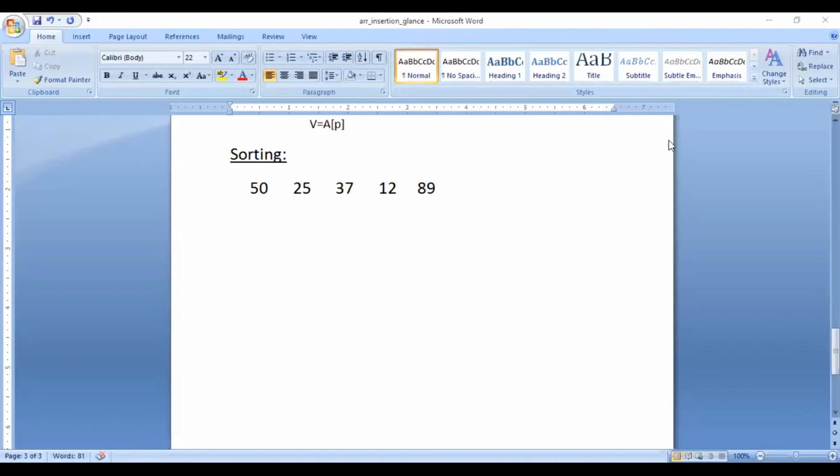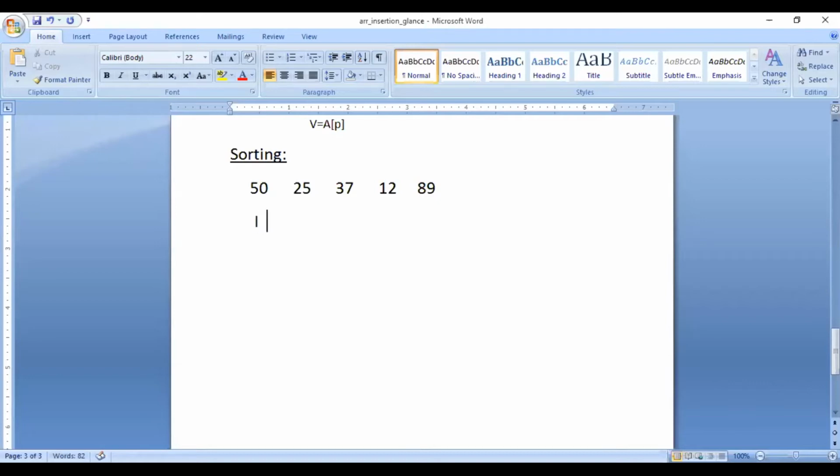Now we are going to sort these elements, or we can say arrange the elements in either ascending or descending order. Remember one thing: when you write a program or an algorithm for the sorting operation, the first element will always be indicated by i.